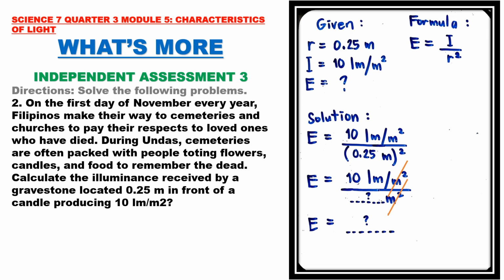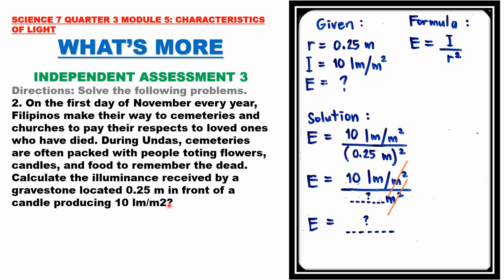So, for number 2, on the first day of November every year, Filipinos make their way to cemeteries and churches to pay their respects to loved ones who have died. During Undas, cemeteries are often packed with people giving flowers, candles, and food to remember the dead. Calculate the illuminance received by a gravestone located 0.25 meters in front of a candle, producing 10 lumen per meter